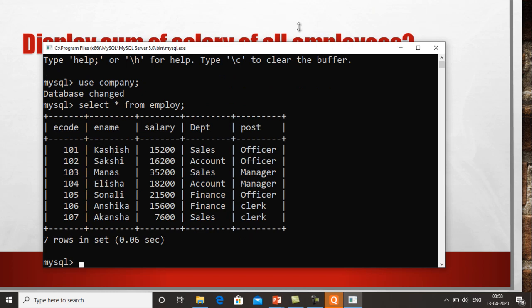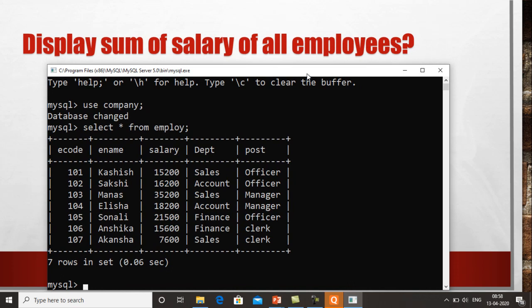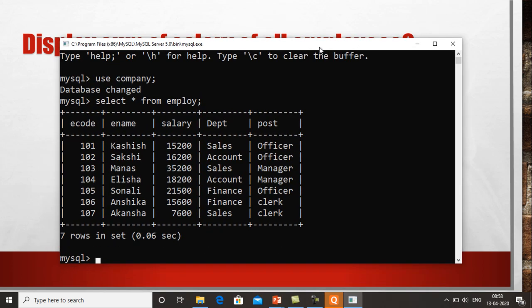In this question the requirement is that we have to find the sum of salaries of all employees. Whatever the salary of each employee, I have to find the total of all these salaries. So how can I write it? Select. Now what do I want to display?